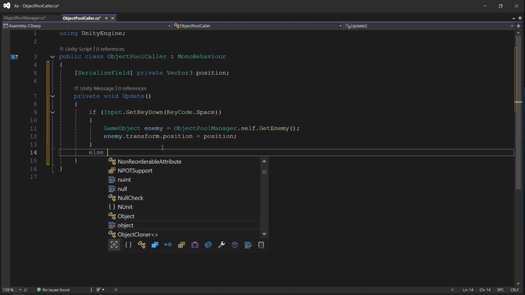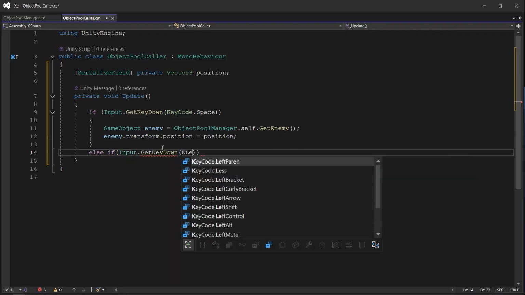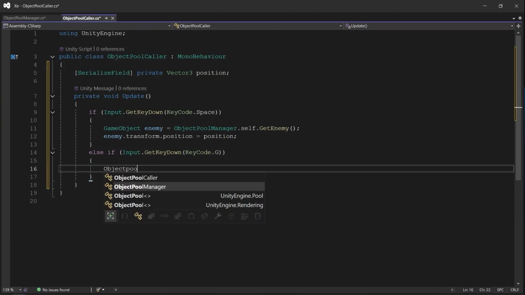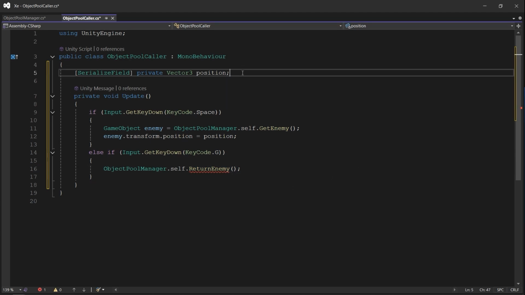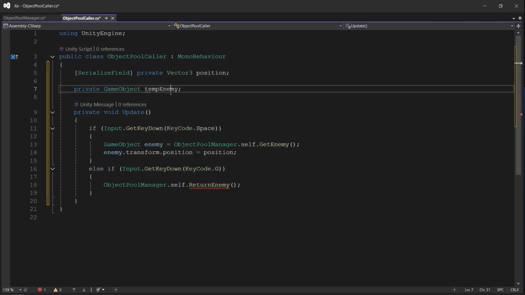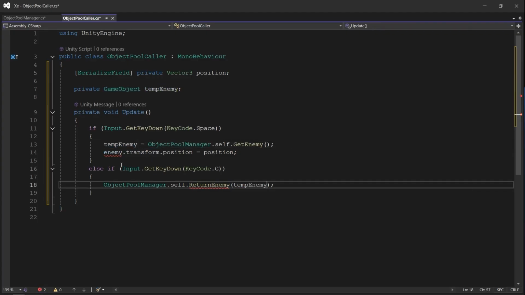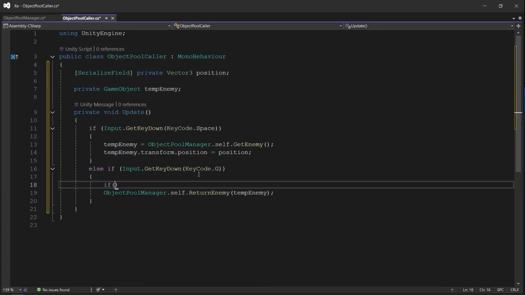I prefer to check another key: else if Input.GetKeyDown(KeyCode.G), for example, ObjectPoolManager.Instance.ReturnEnemy, and here we need to return back the enemy. Here we need to store the enemy, tempEnemy or current enemy, and store it inside this. Right, here we need to send the temp enemy to the return enemy, but we need to check if temp